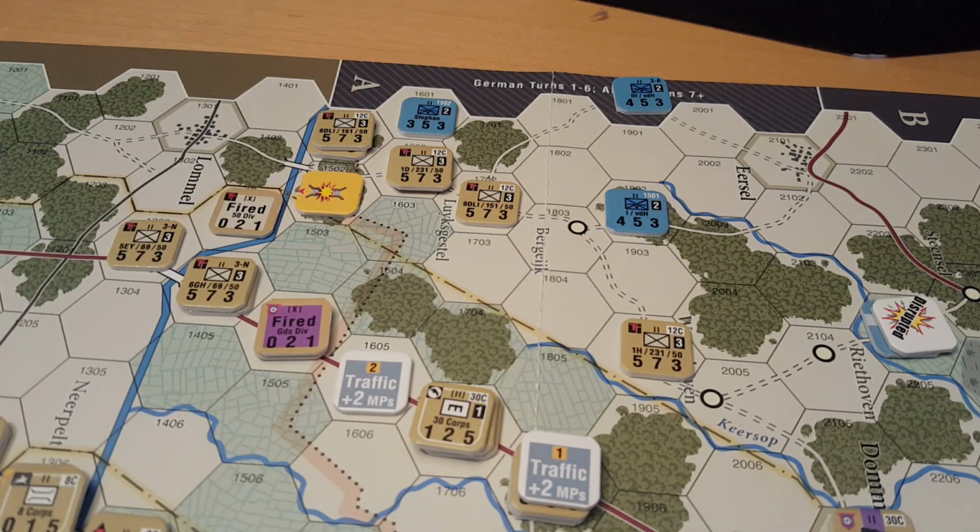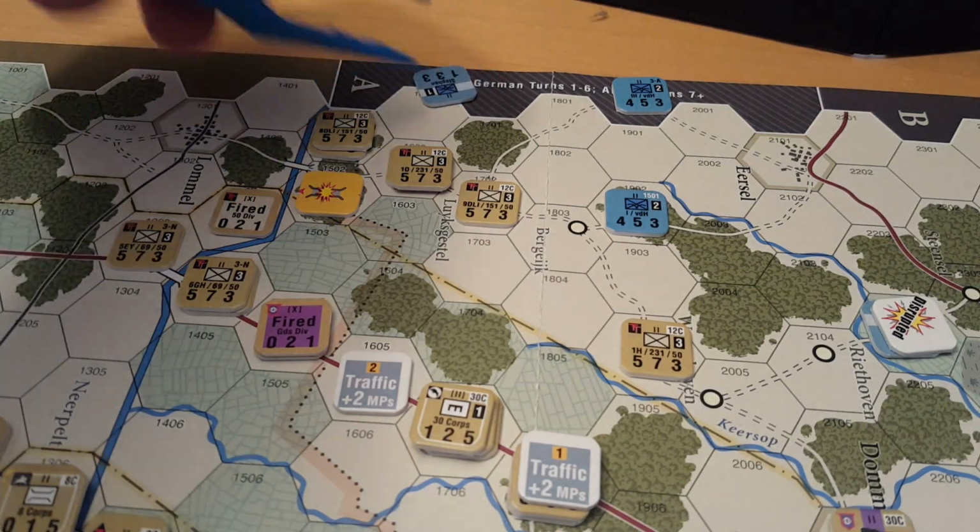So let's roll that. That's a 6 again, some good rolls this time. So that's what is it, 4, 5-to-1. A 5-to-1 in a 6 is a DS. So that's a flip, and